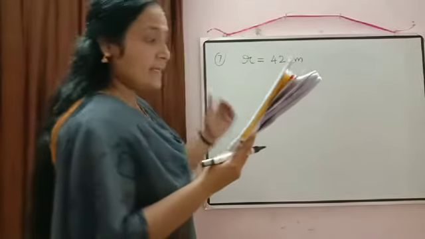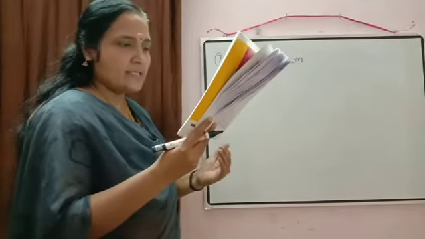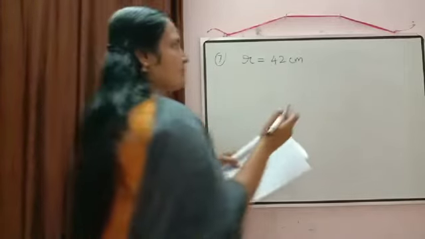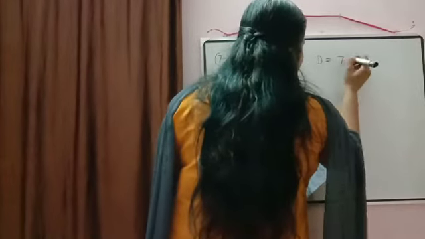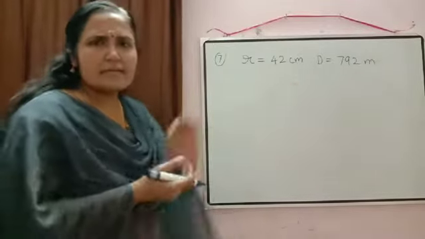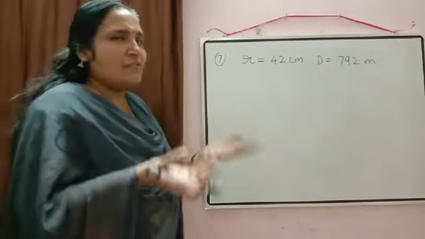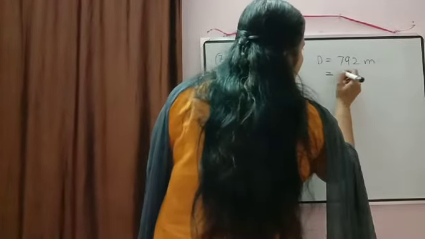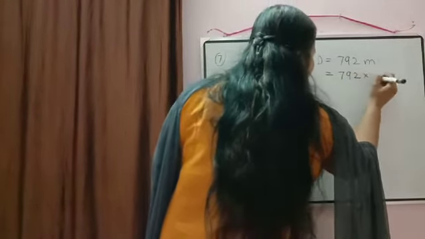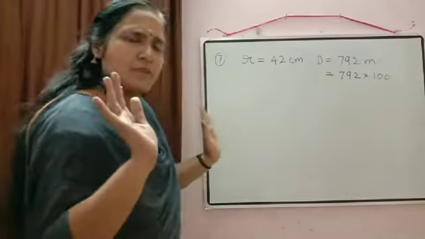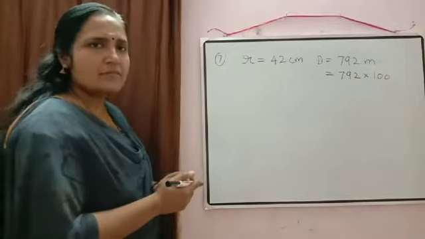Now it is asked find how many complete revolutions must it take to cover 792 meter. Total distance we have to cover 792 meter. And here radius is given in centimeter. So better we can convert that meter into centimeter. Then you have to multiply. You don't have to divide there. So converting this meter into centimeter, then what will come? 792 into 100 only enough there. If you don't want to put that 00 there, you can write in this way. No problem there.